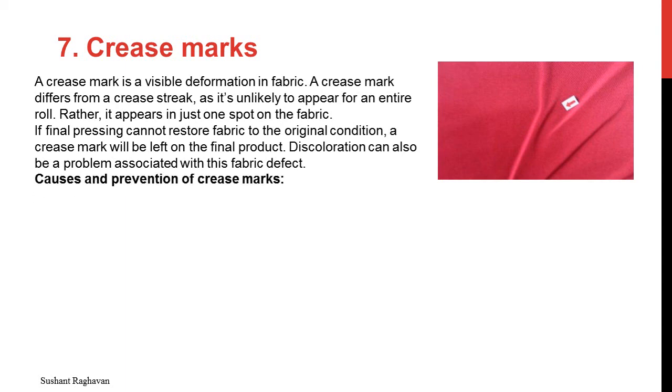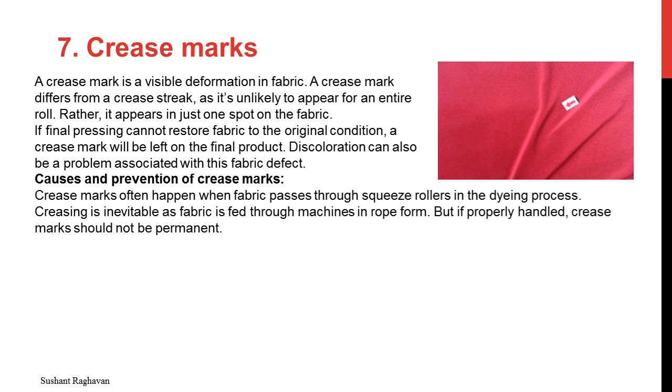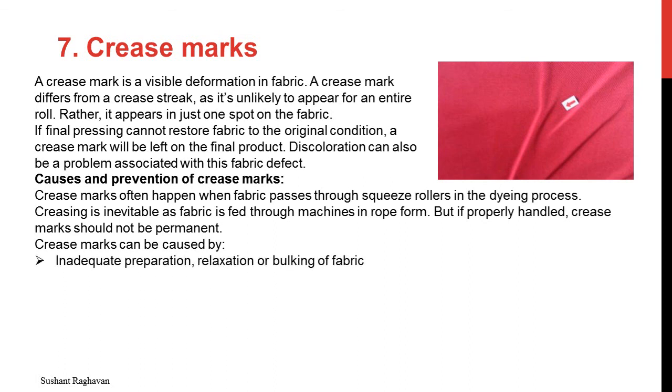Causes and prevention of crease marks. Crease marks often happen when the fabric passes through squeeze rollers in the dyeing process. Creasing is inevitable as fabric is fed through machines in rope form, but if properly handled, crease marks should not be permanent. Crease marks can be caused by inadequate preparation, relaxation, or bulking of fabric, poor quality of fabric, a tight construction, high twist yarns, or dense weight,